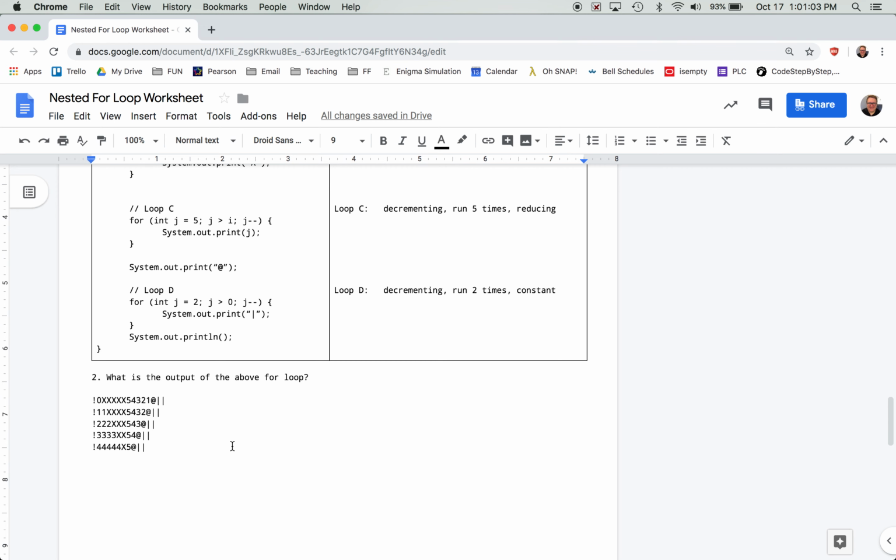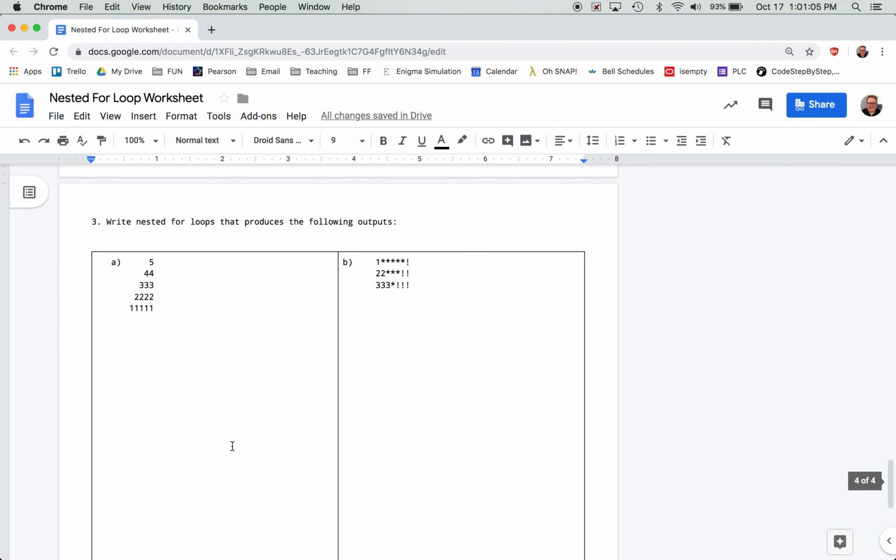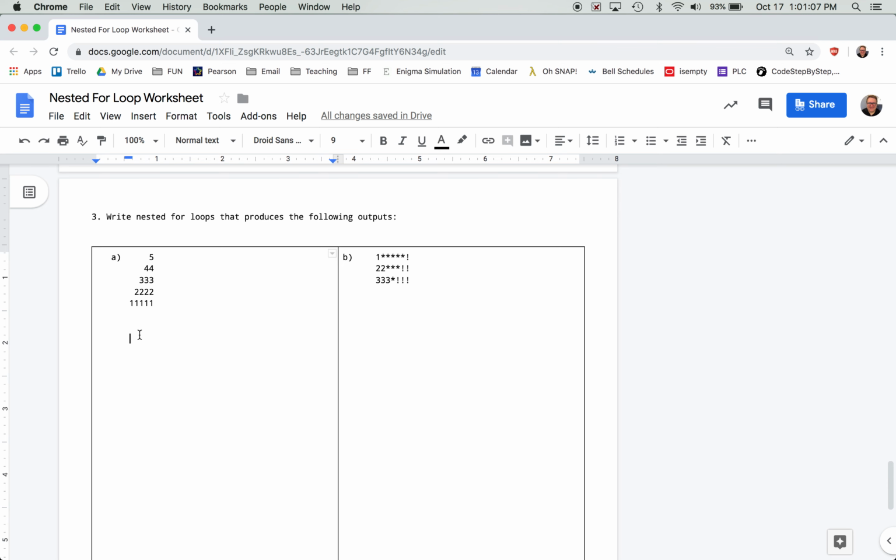Looks like that. All right, moving on to the back page. We want to produce some nested for loops that produce the following outputs. Well, I want to look at one slice at a time of these outputs. And what I see, it might look like there's only numbers there, but because we are lined up on the right as opposed to the left, we had to push all of these numbers to the right with